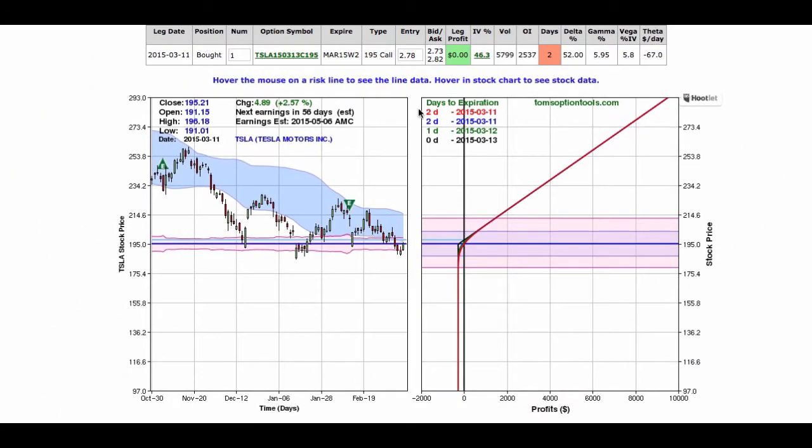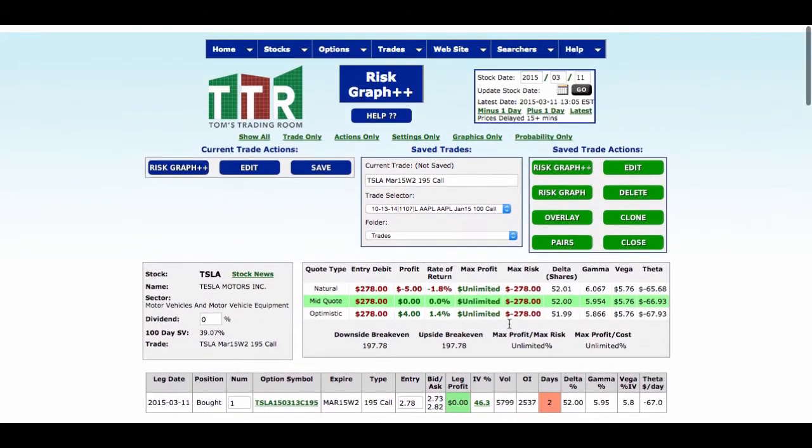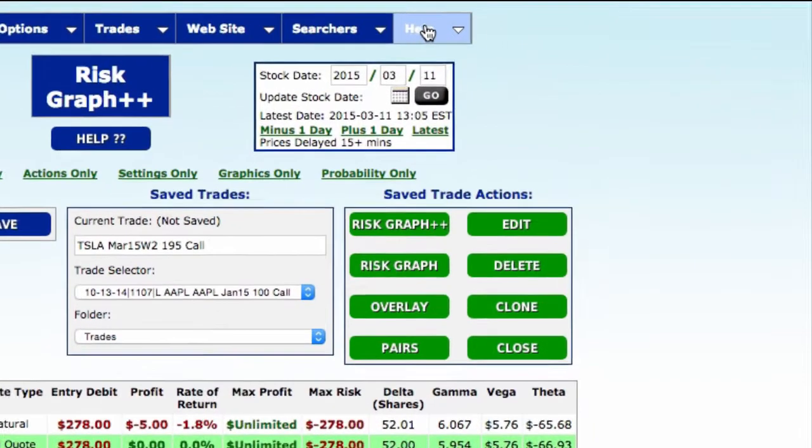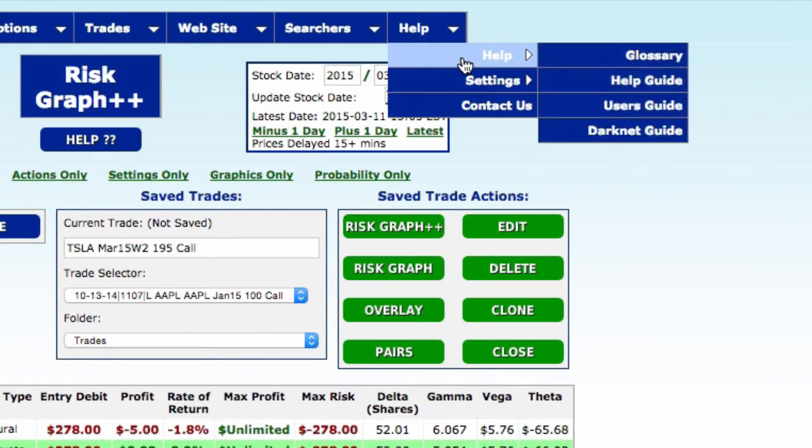The important thing I want to show you is that this is what we call a modern graph, where you can actually take your mouse and, based on where the stock is or currently was or where you expect it to go, you can then move your mouse over to the right and intersect the line, come down and get an idea what your theoretical profit would be like. Now, you can't do that with classic graphs, but a lot of people like classic graphs because that's what they grew up on. To change to a classic graph, back to help, and then we're going to go back to settings,